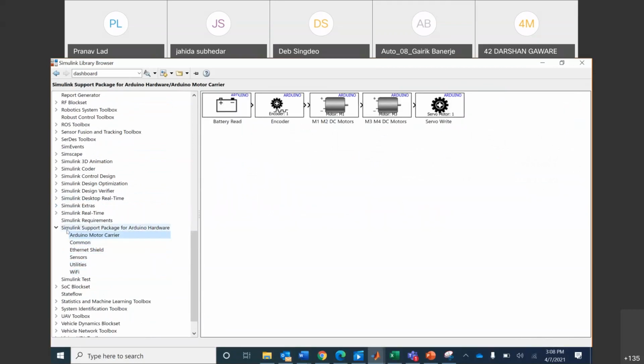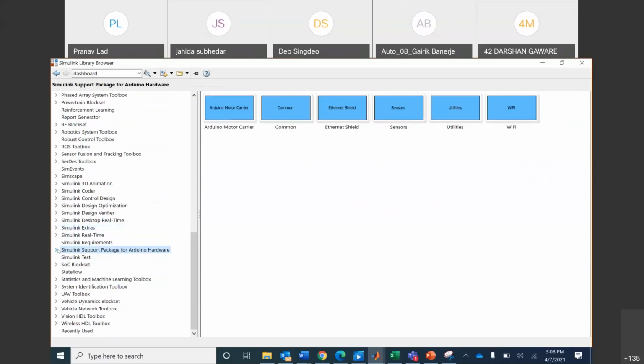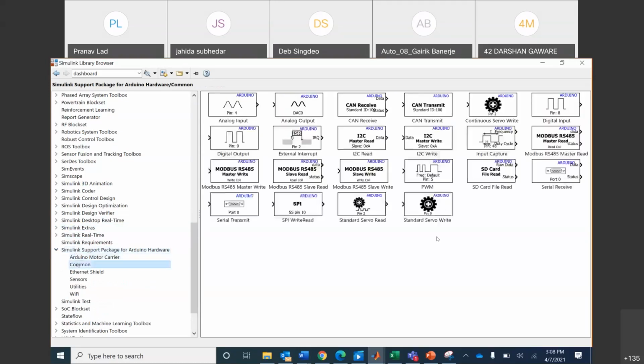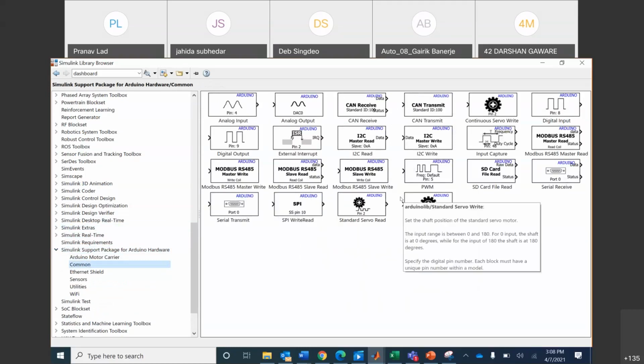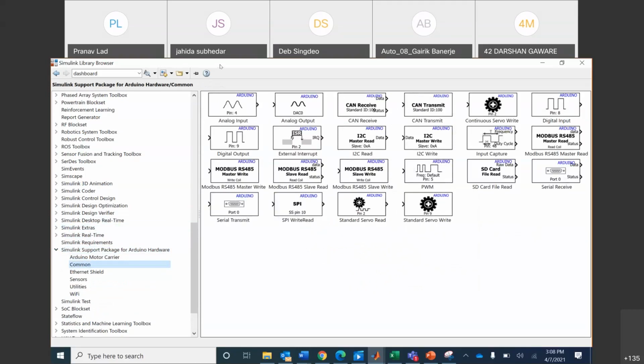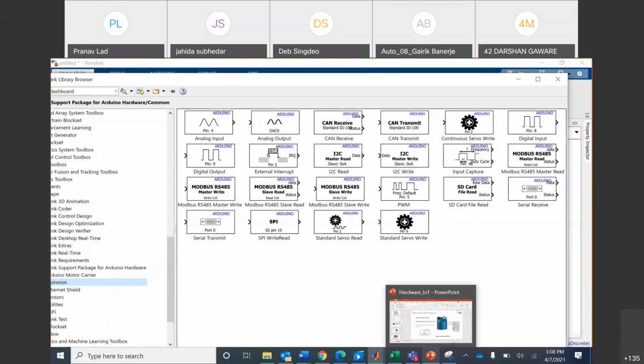These block sets will not appear if you have not installed the support package first. You need to install the support package, and that is available for your desktop version for all of you. Once you install that, these blocks are available to you. Then we can take these blocks into the Simulink environment, build the model accordingly, deploy that in hardware and see the result. I will show you how to do that as well.